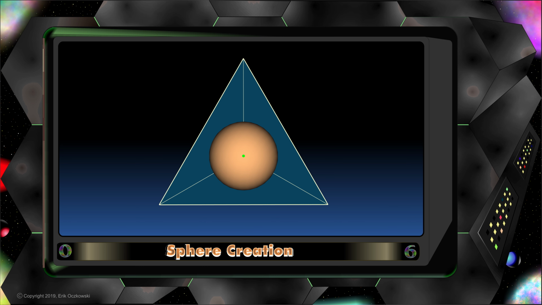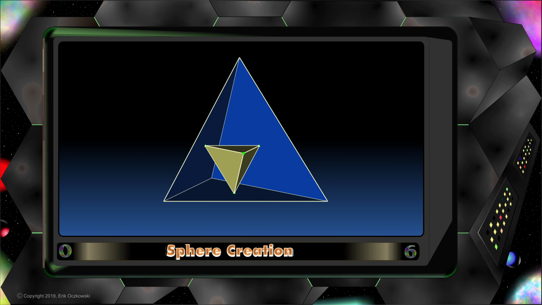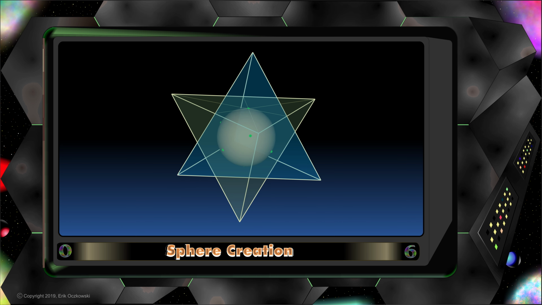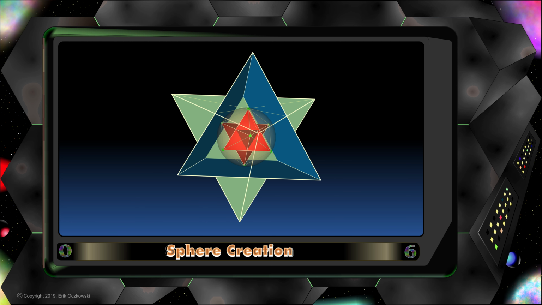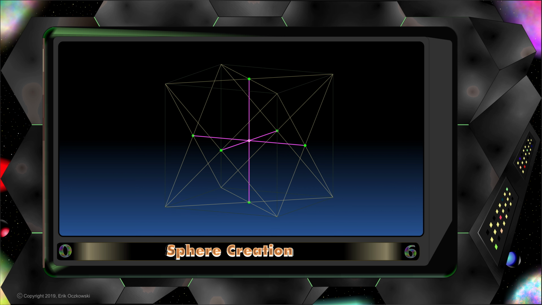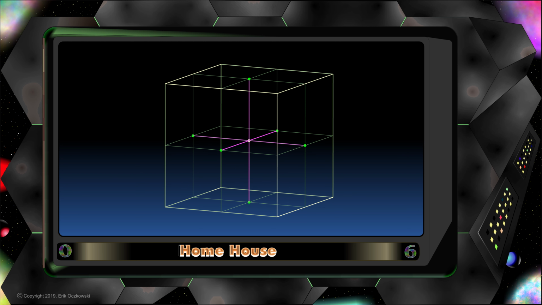The tetrahedron is mirroring itself through the central points as inner structure, and the mirrored tetrahedron is completing the outer structure to a star tetrahedron, with a smaller star tetrahedron on the inner side. The big tetrahedron is creating a cube with a coordinate cross, and if we continue building these structures, it leads us to the home house. And from the home house we can start